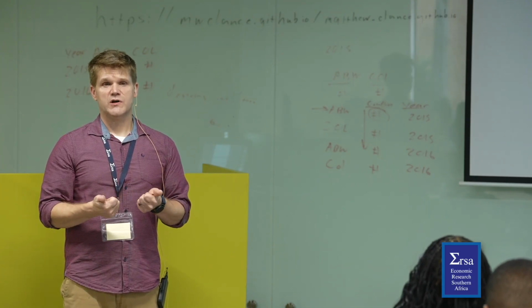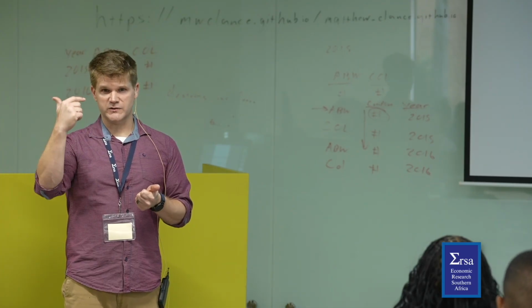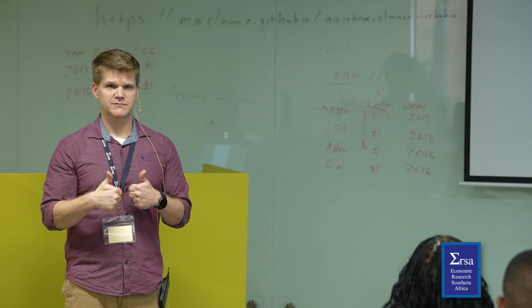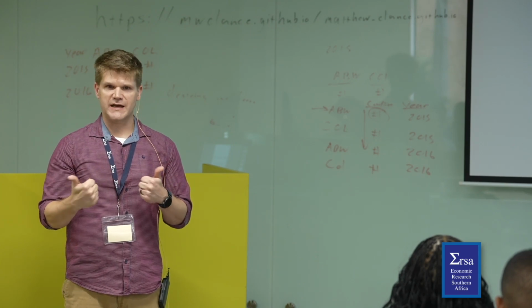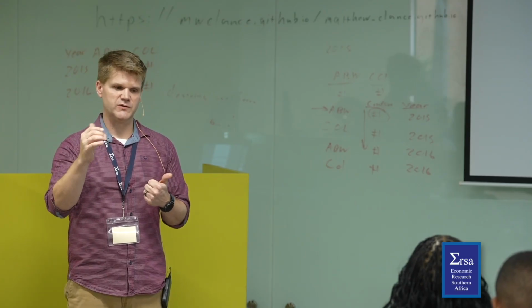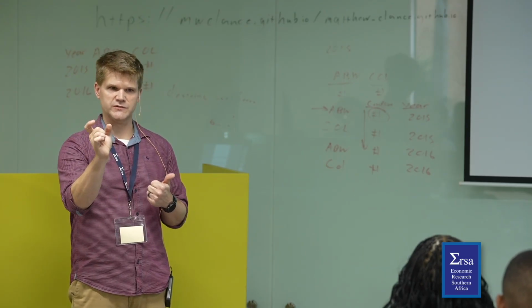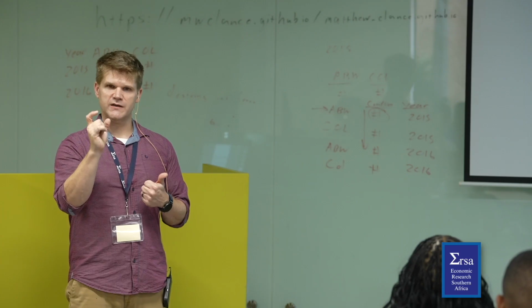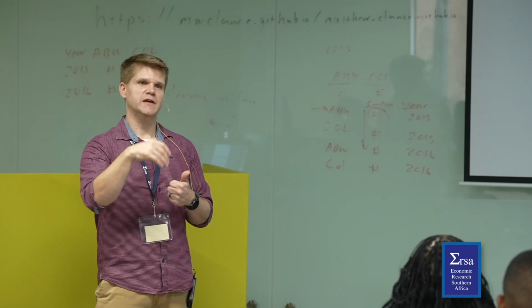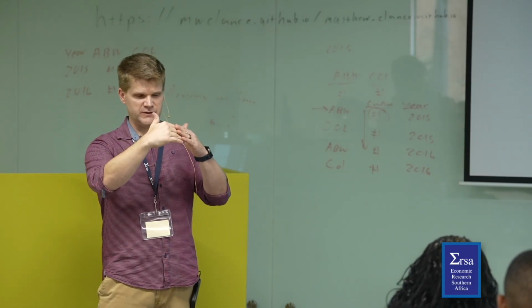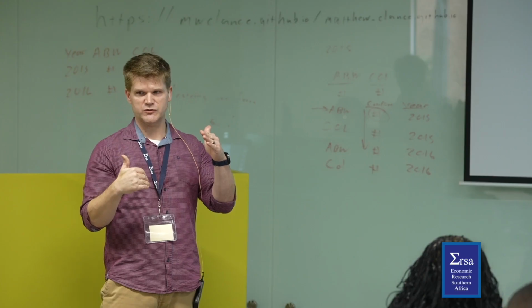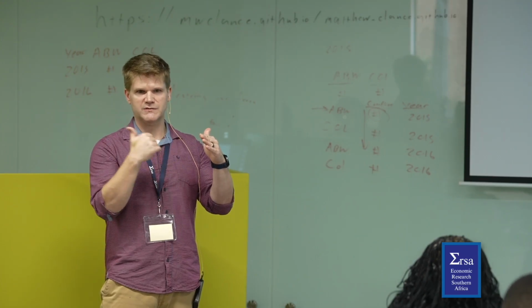If it was just a cross section and it wasn't repeated on a yearly basis, then I would only merge on ISO, because it's about how many units. So the unit of identification, if it's just a cross section, is just the country. But as soon as you have a country 2015, a country 2016, and so forth, now the unit of analysis is being followed over time. So that means it's basically two dimensions, unit and year.